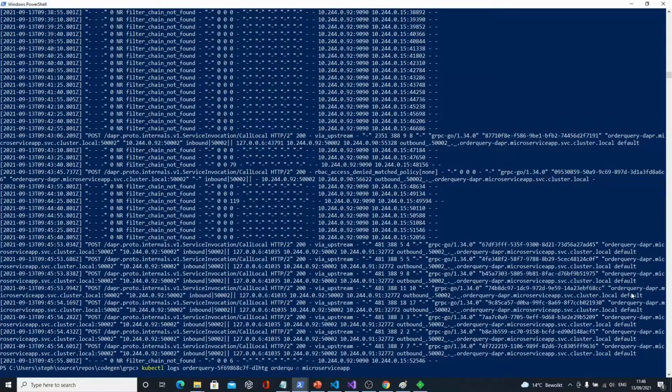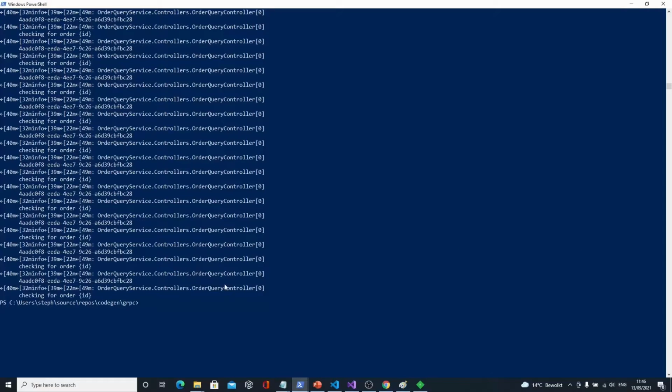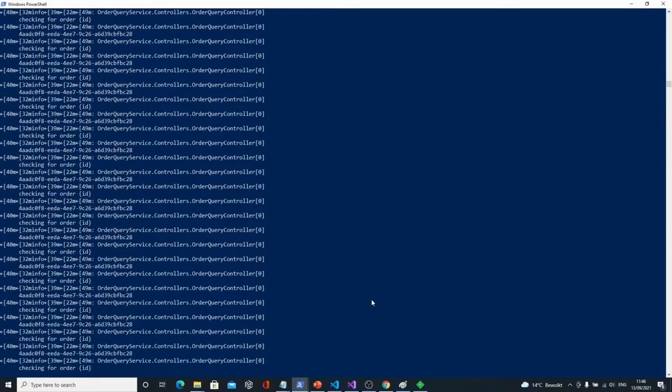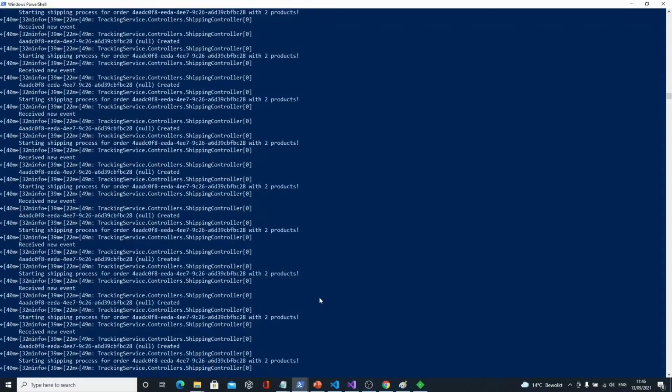If I have something here, then I'm sure the whole transaction was done. I should have put the timestamp anyway. Maybe there is too much information here, so let me look at the logs of the shipping service, because I think there are fewer entries.